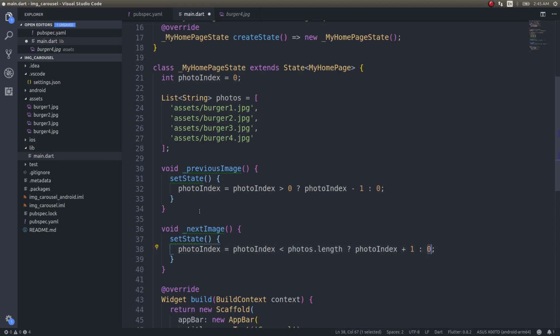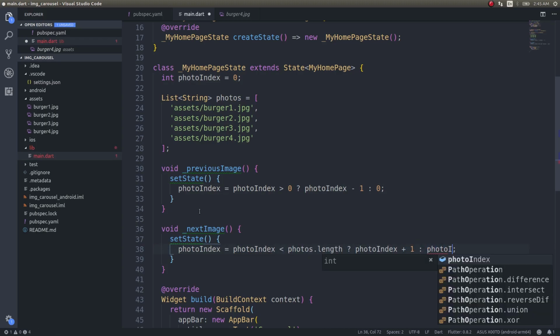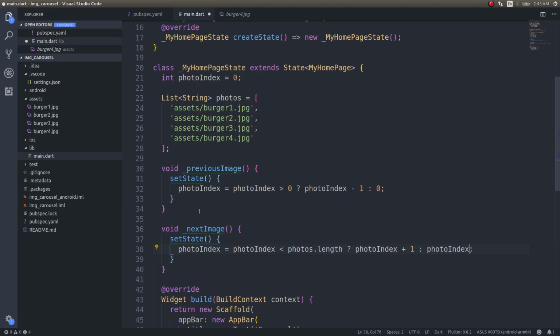If not, then it should be photos.length minus 1. Since it's an array, the indexing will start at 0, right? So if this is the last image, photos.length minus 1